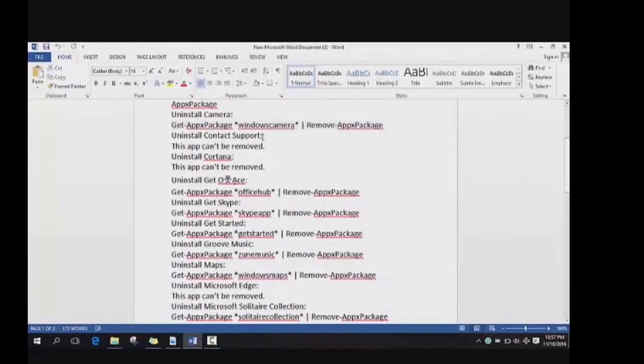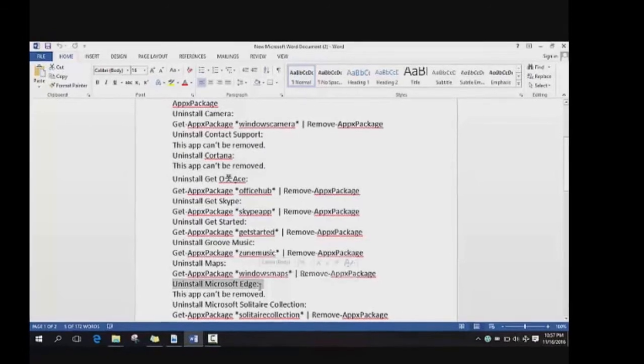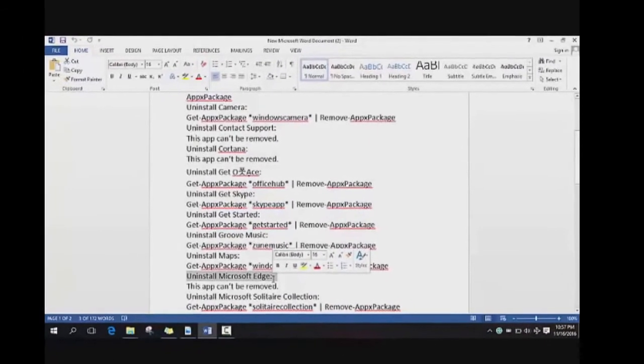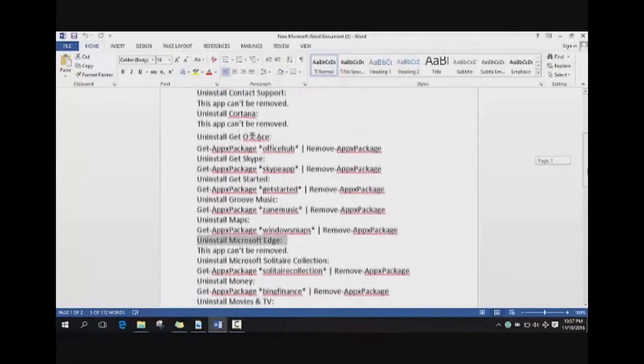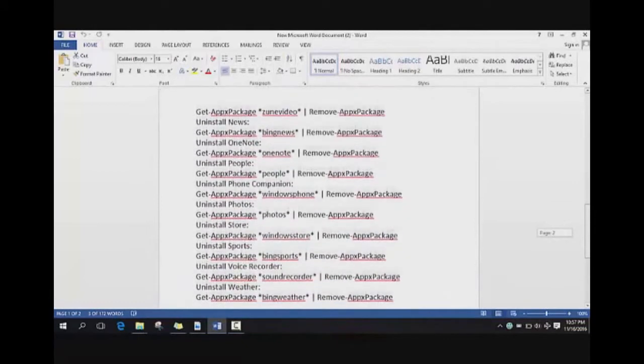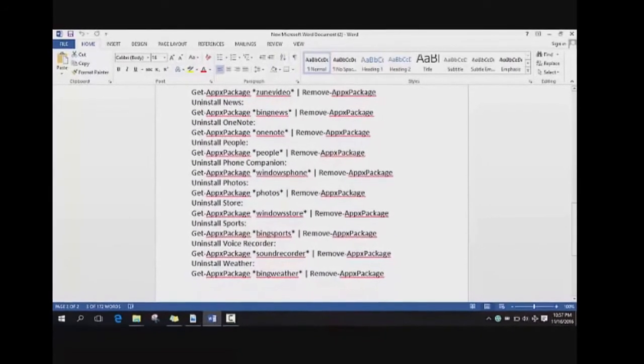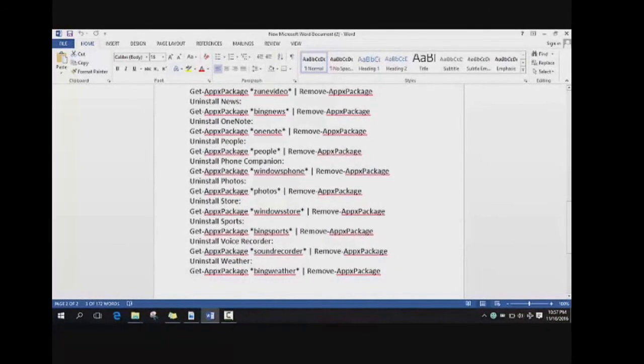For example, contact support, you will not be able to install this application. It can't be removed. Also Cortana, it can't be removed. And there is also Microsoft Edge, which cannot be removed. There are several applications. However, there are very few, like 5 or 6 applications which you cannot install. But all the other applications you can install, including the voice recorder, the weather, Windows Store, the application for